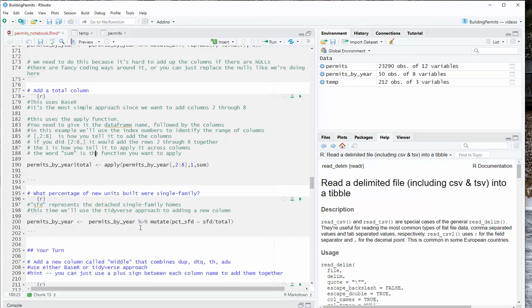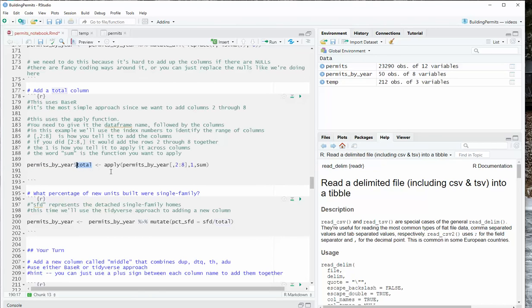I tend to use the tidyverse version, but I wanted to show you the base R version because I do see this syntax a lot more frequently when I go online on Google to find help on something. I think a lot of people still use base R, and I find solutions to things often with base R code. And so in base R, you can tell it to create a new column simply by naming the table with a $ sign and then the name of the new column you want to make, and then